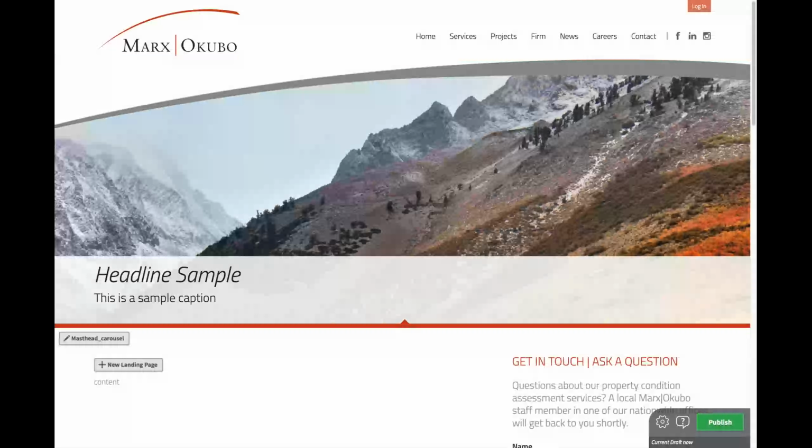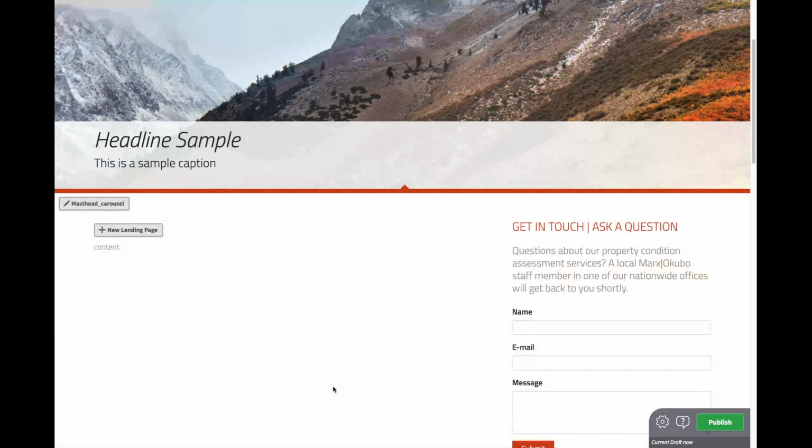And then store, edits, and close. I have the ability here to add as many as I want and turn it into a carousel. But for most of these landing pages, we just want the first one there. So I'll say store, edits, and close. And here's what I've got. So the headline sample, and this is a sample caption. So from there,